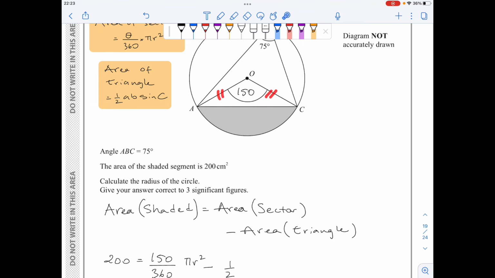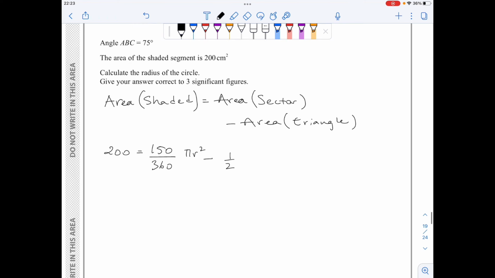These are radii, so I'm going to have 1 over 2 r times sine of 150. So 200 equals 5 over 12 pi r squared minus 1 over 2 r squared, and